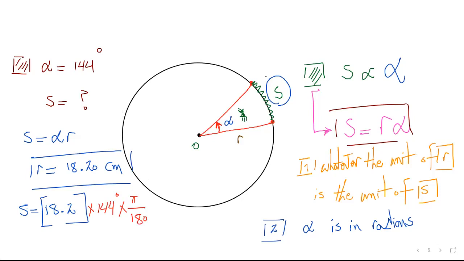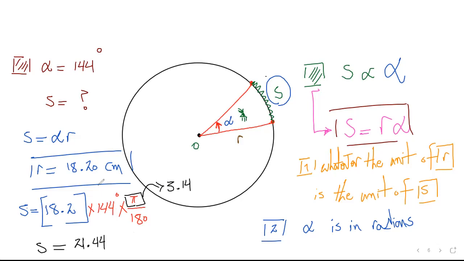Now, we have to only simplify the numbers. We multiply 18.2 times 144. Instead of pi in your calculator, you can round it as 3.14, and the end solution is reaching